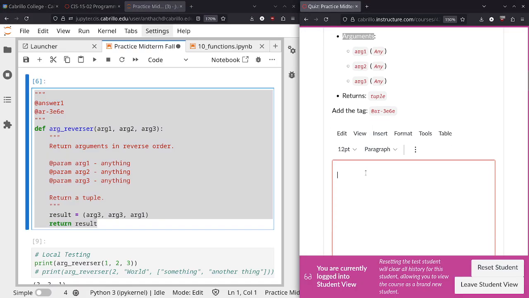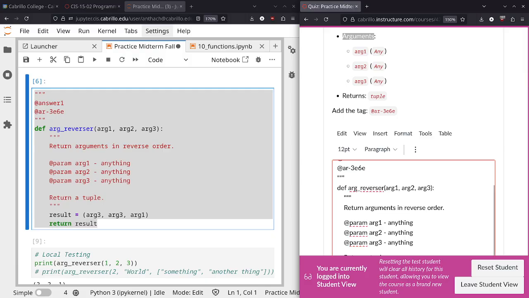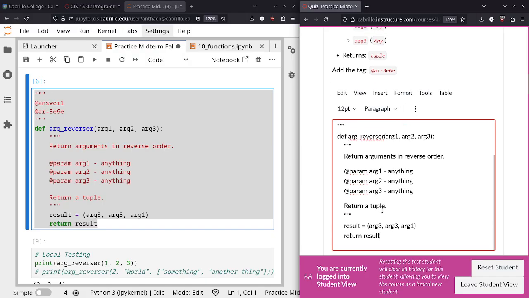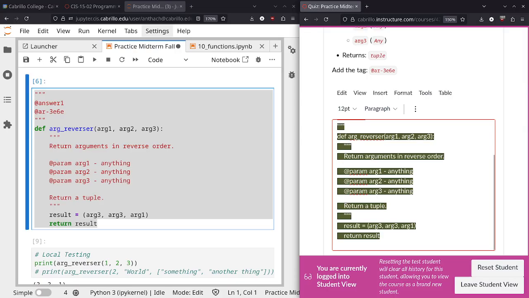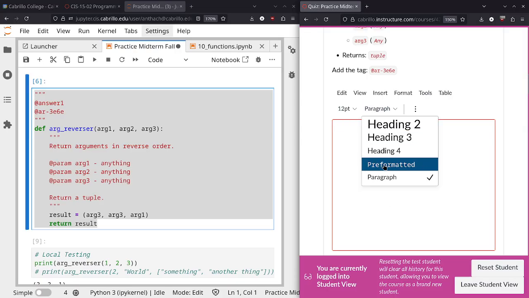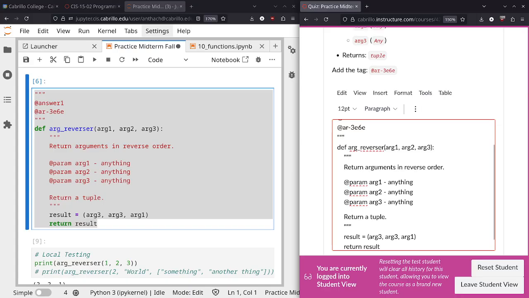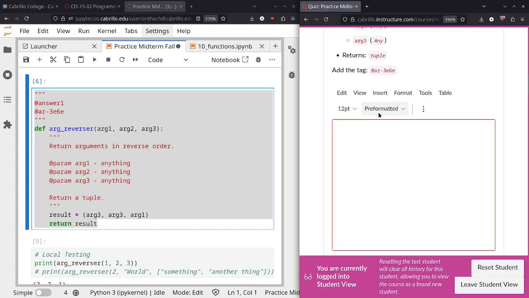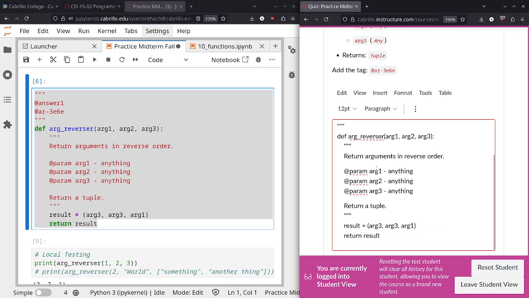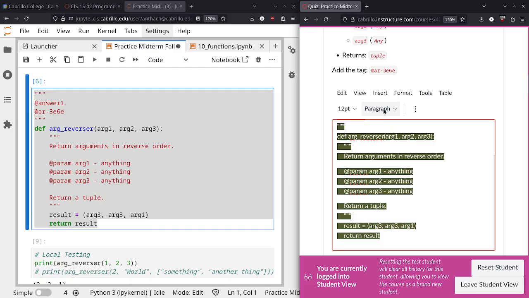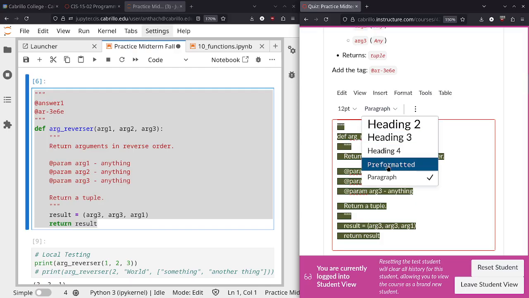So I would paste it here. And oh, hold up, the font is a little off. Maybe let me put it in pre-formatted. Okay, never mind. It looks like I did it in the wrong order, so just go ahead and paste it,